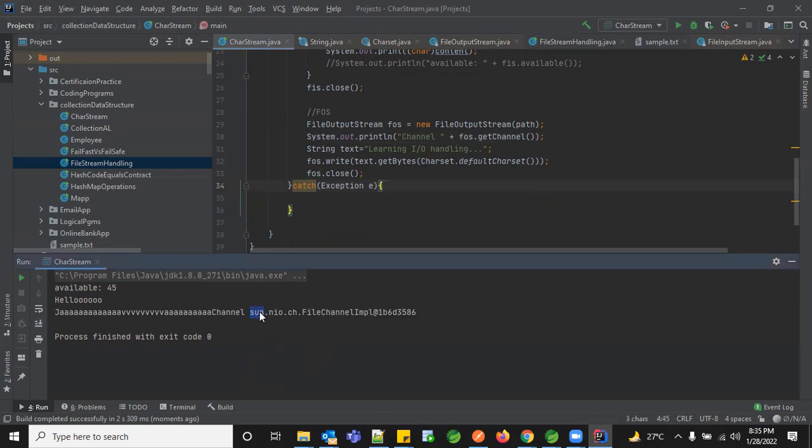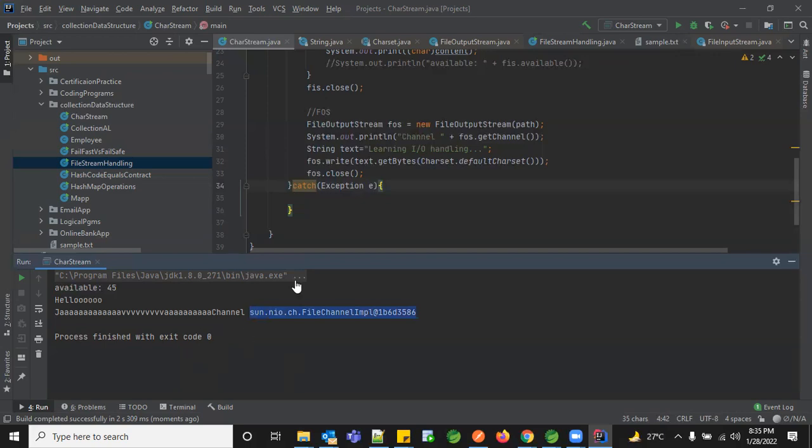Previously Sun was taking care of it, before Oracle. Sun is giving everything under the NIO package. NIO is again an input and output package only, but internally it gives you the FileChannel object. That is the reason you get it from the Sun package.